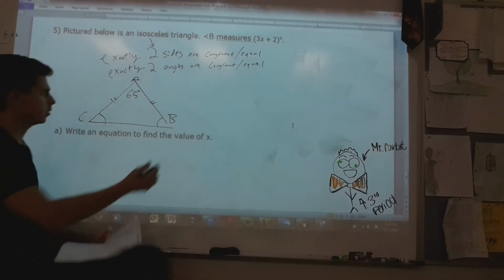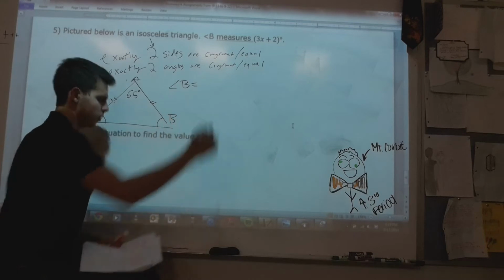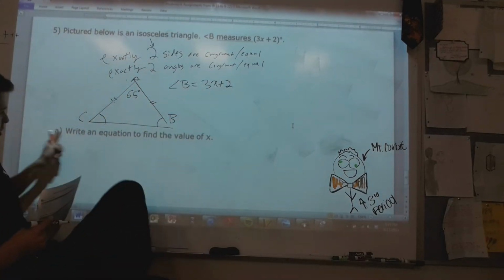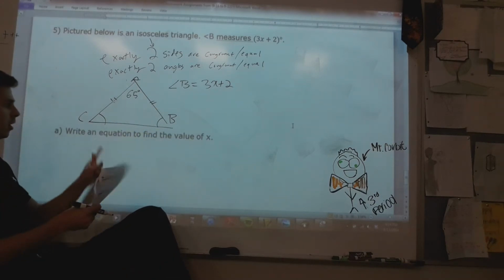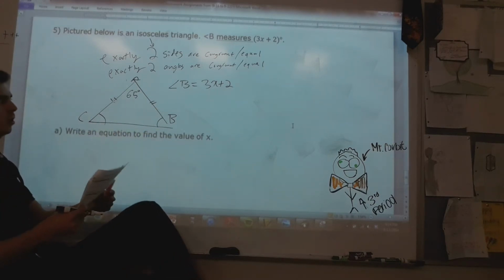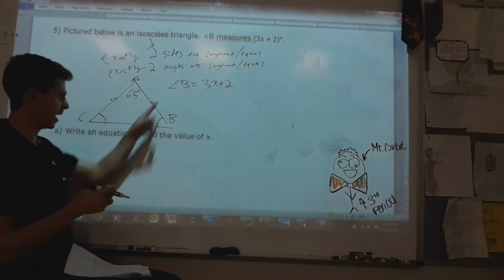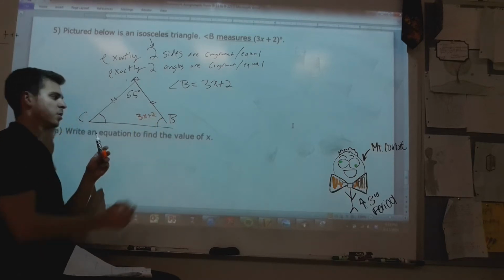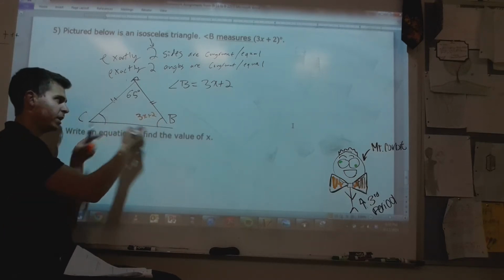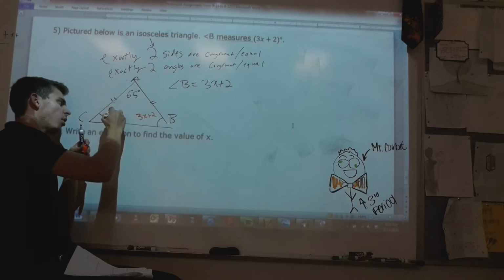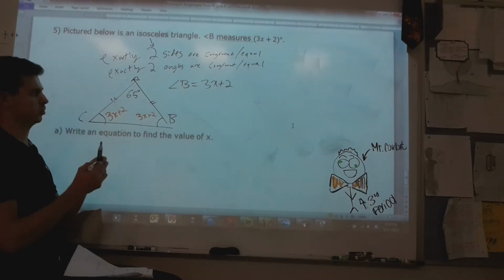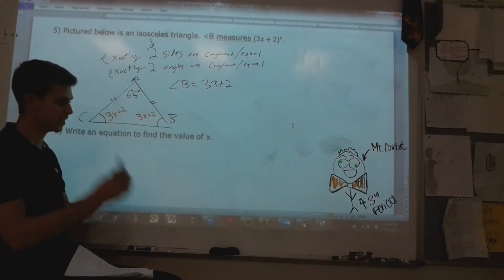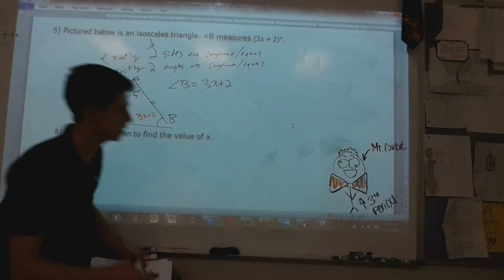So angle B is equal to 3x plus 2. I'm not going to scroll down for answer choice B. I'm just going to do it all up here. First they ask for the equation, and then they ask to solve for x. So if I know that angle B is 3x plus 2, and I'm going to write it in here, then I know that this angle is equal to it, so this also must be 3x plus 2. So, if the sum of all interior angles of a triangle add up to 180 degrees, then